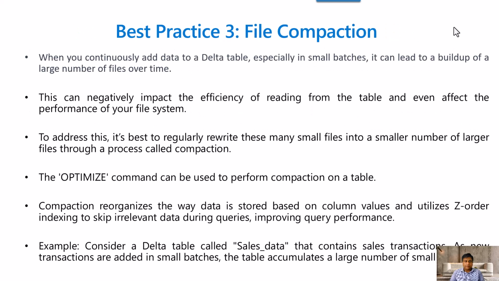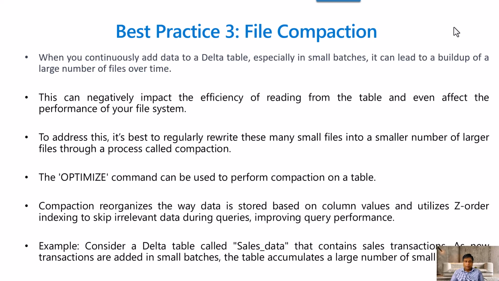Let's now discuss the third best practice, which is called file compaction. When you keep adding new sets of data in Delta Lake in small batches, it leads to a buildup of a large number of files over time, because small batches make many small files. This negatively impacts query performance, because the query needs to go through the small files and then read that